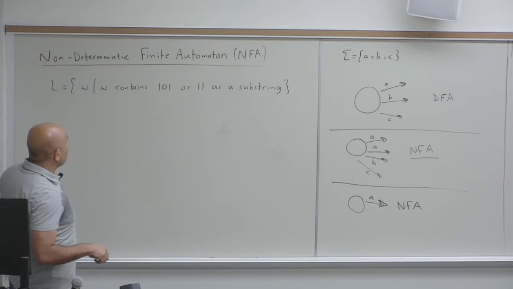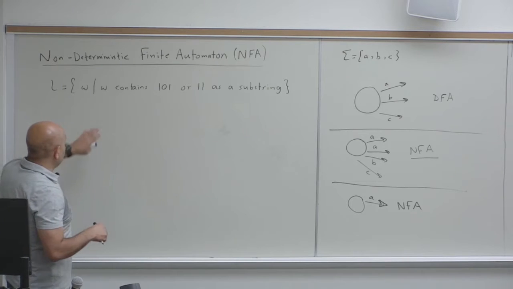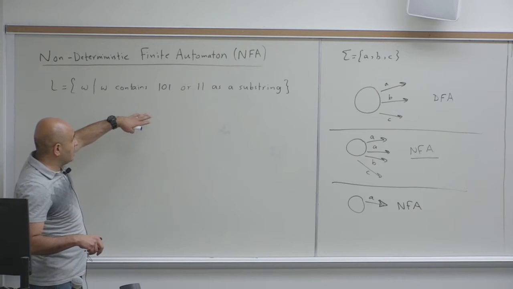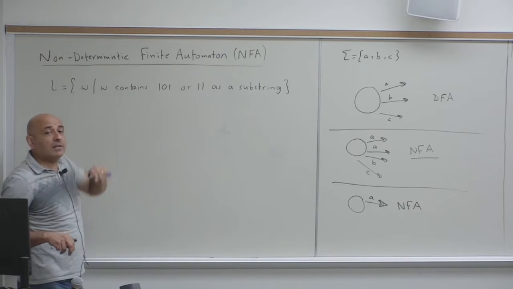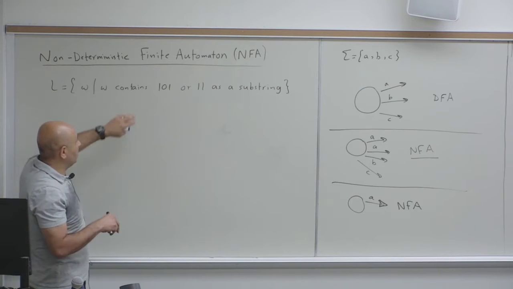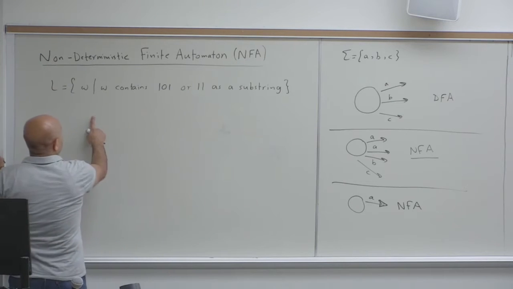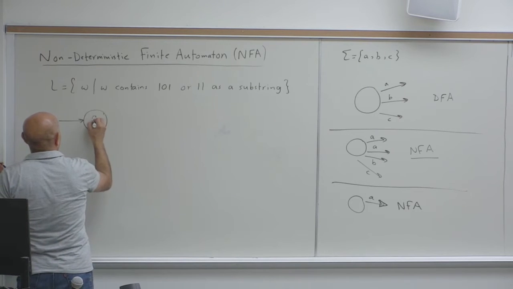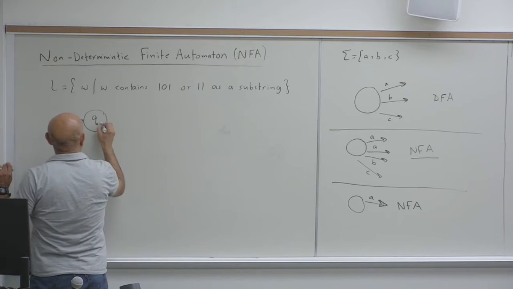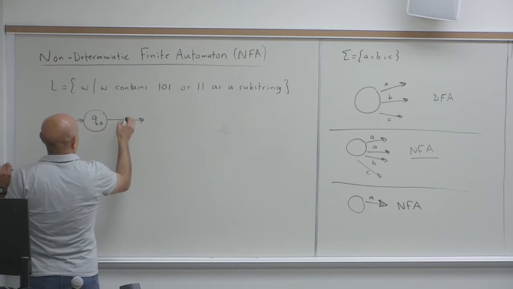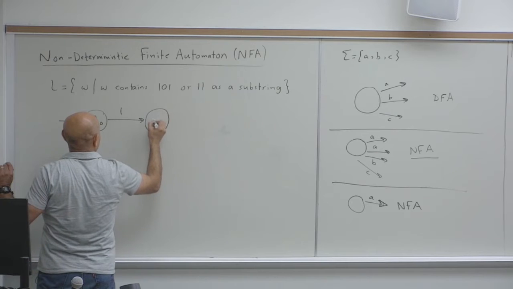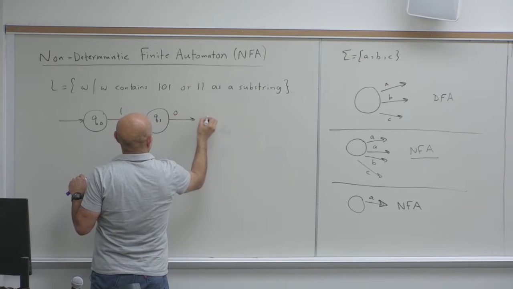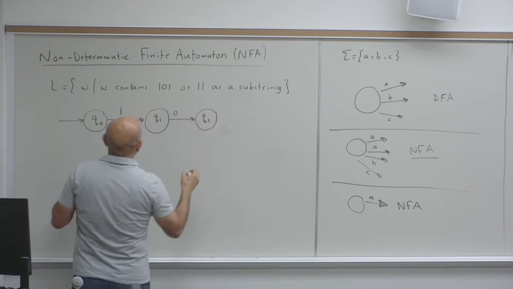Why? Because for an NFA, I'm going to draw the transition diagram, but then we'll spend a good part of the lecture understanding how it works. So an NFA that recognizes this is like this. This is my start state. Then I have 1. If I get 1, I transition to Q1. If I get 0, I transition to Q2. If I get 1,